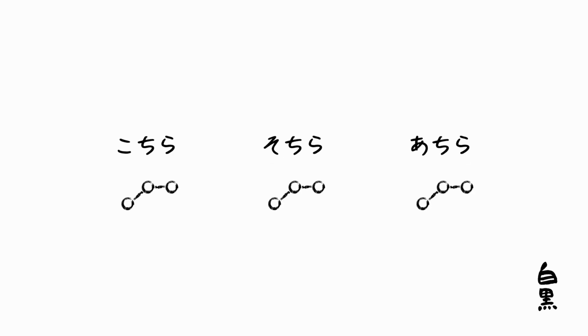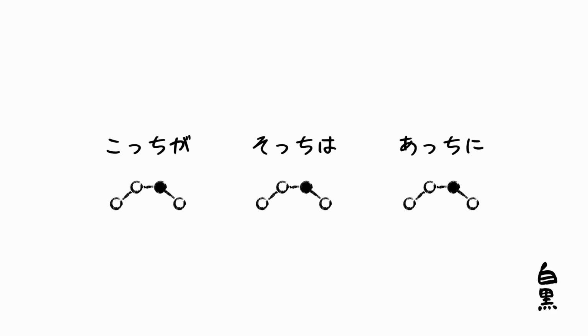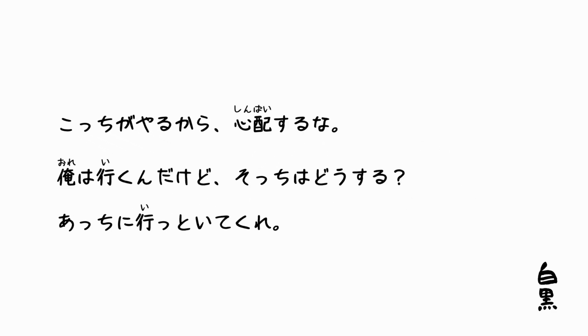Also, こちら、そちら、あちら are originally pattern A, but in their casual forms like this, they become pattern D, as in, こっちが、そっちは、あっちに。For example, こっちがやるから心配するな。俺は行くんだけど、そっちはどうする？あっちに行っといてくれ。